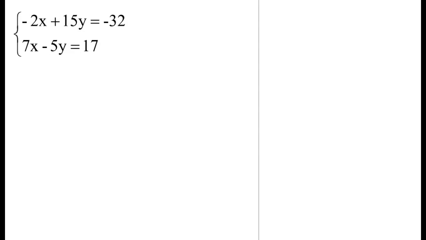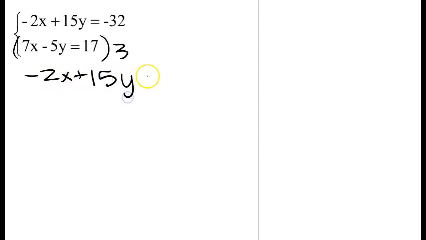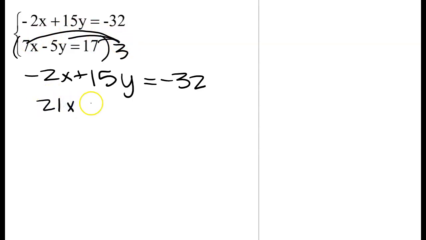I'm going to focus on the y's. If I multiply the bottom equation by 3, then I will have achieved my goal. So let's play this out. The top equation I did not modify, so I'm going to copy paste it down here. So negative 2x plus 15y equals negative 32. Just rewrote it. Next, let's distribute that 3 to all of the terms. So I've got 21x minus